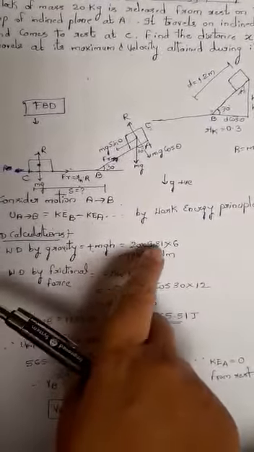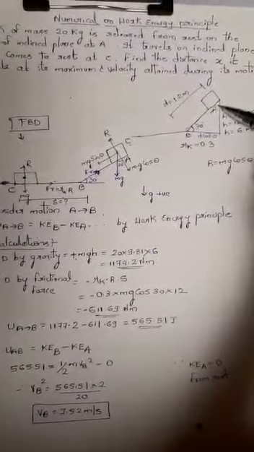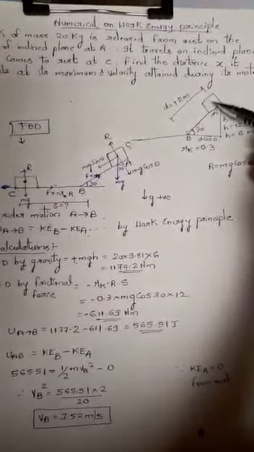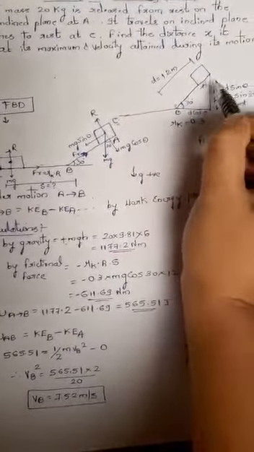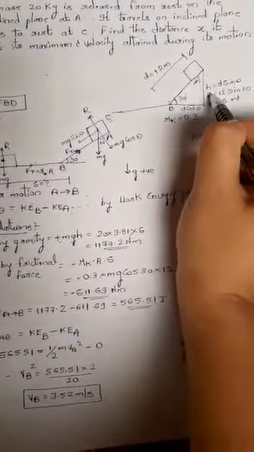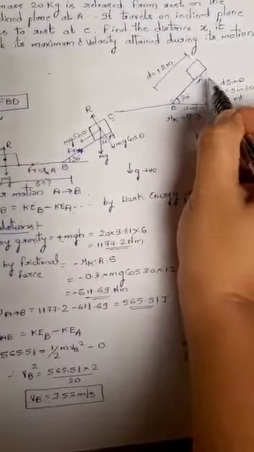Now how do I calculate this h value? Initially when the block is at position A, it has been clearly stated in the numerical that the displacement from position A to position B will be 12 meters. So this 12 meter displacement d, we will resolve, because here the angle of this slope is known. So the components of d will be two components. One will be the horizontal, d cos theta, and the other will be the vertical, d sin theta. Now this vertical d sin theta is nothing but the total height of that component.